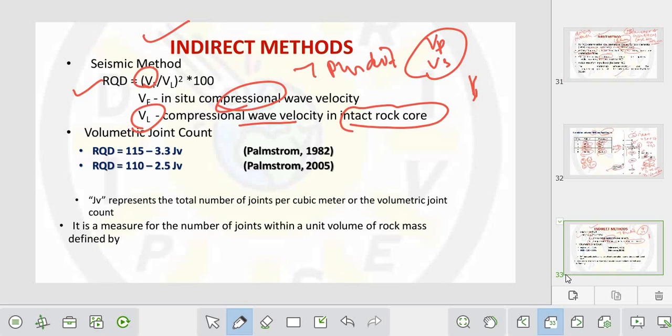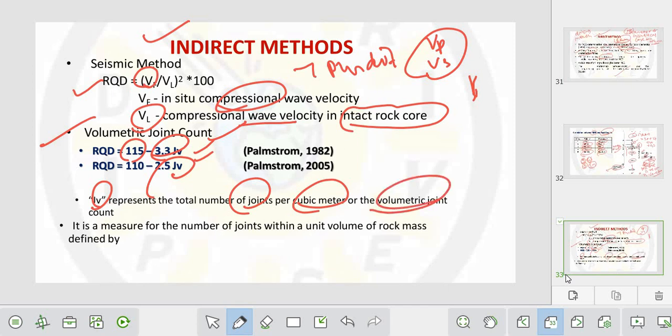It is not direct, so that's why it is the indirect method or seismic method. ठीक है. So volumetric joint count ये बता चुका हूँ. RQD is like 115 minus 3.3 JV, or sometimes 3.5 or 2.5 also. ठीक है. So JV represents the total number of joints per cubic meter, or it is called the volumetric joint count. Okay,